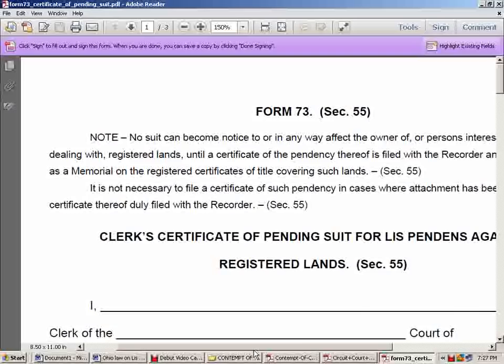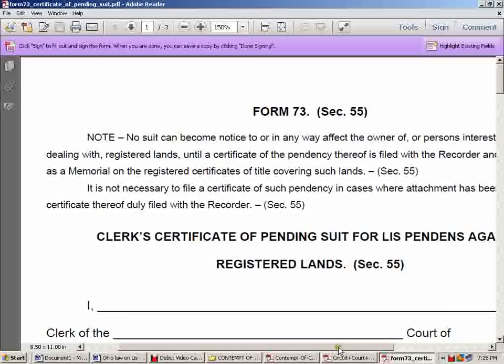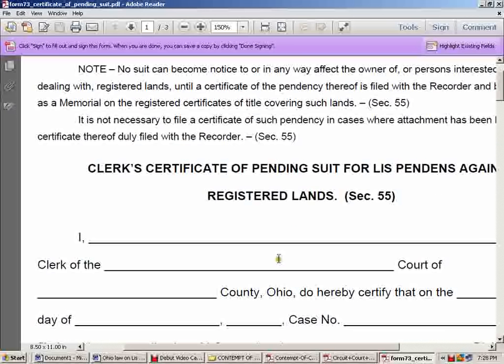The registered certificates of title, that's Torrens system, certificates of title covering such lands. It is not necessary to file a certificate for such pendency in cases where attachment has been levied and a certificate therefore duly filed with the recorder. Okay, nevertheless,